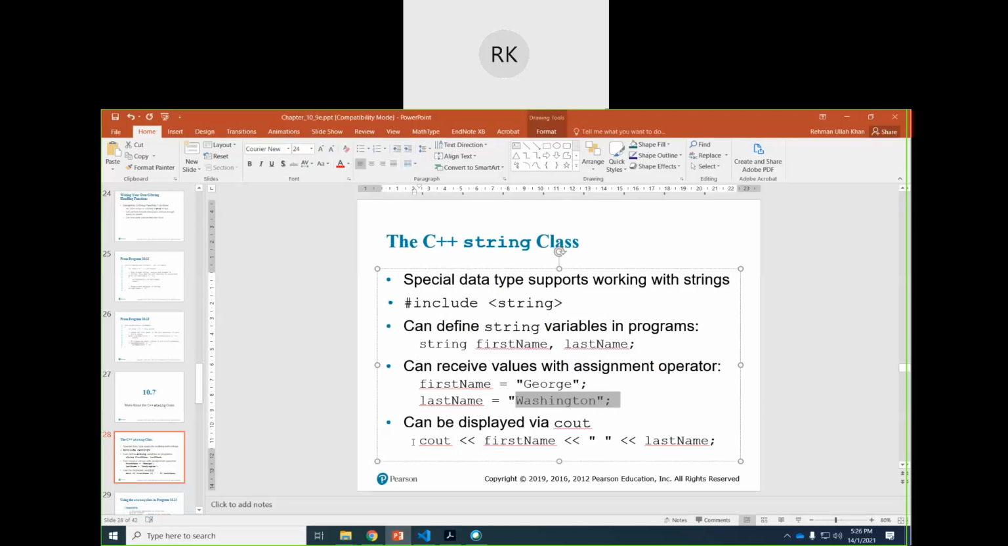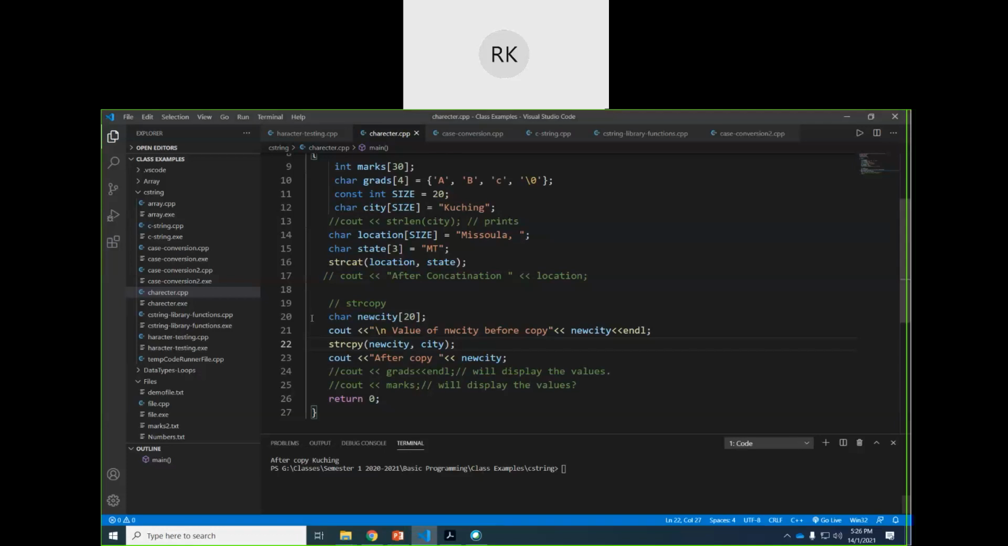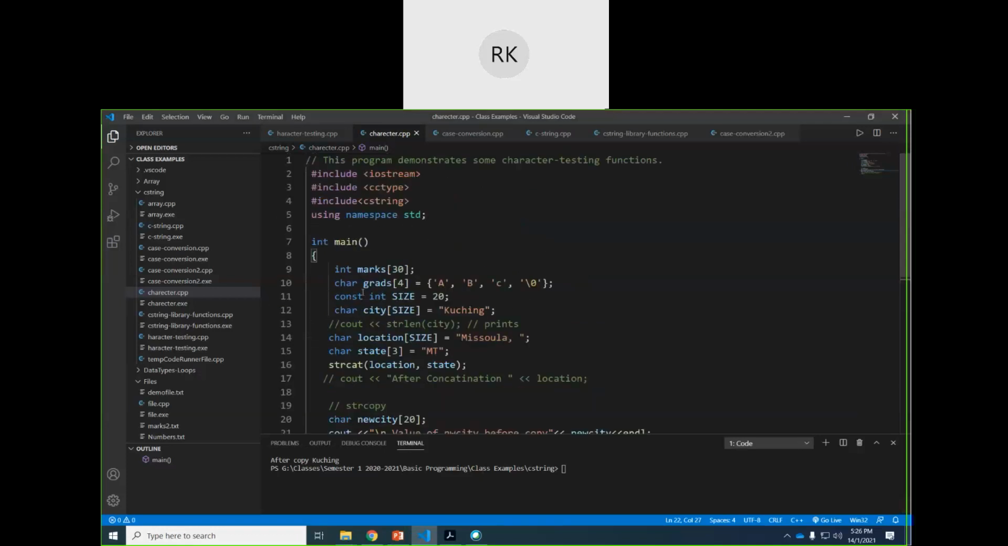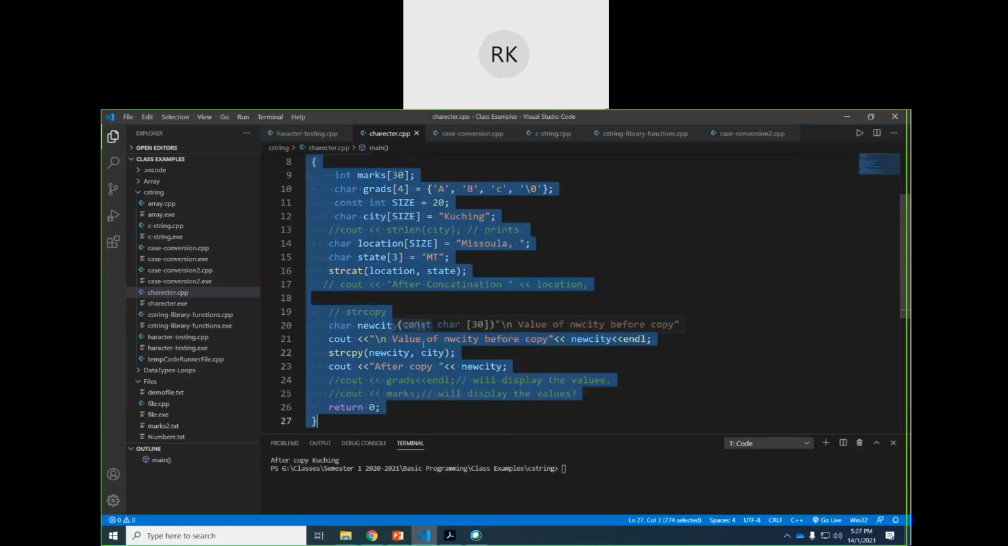Okay, you can simply display first name, last name. You see, previously we were using loops and so on. We were assigning the values in single quotation marks for each one. Now there's no need, we can simply do it like this. So if I copy all this, okay, copy, and let me